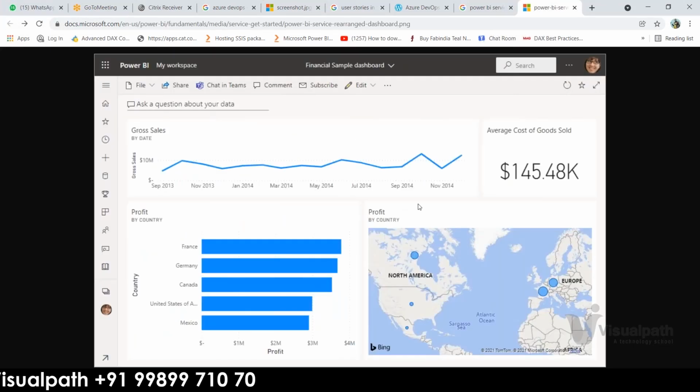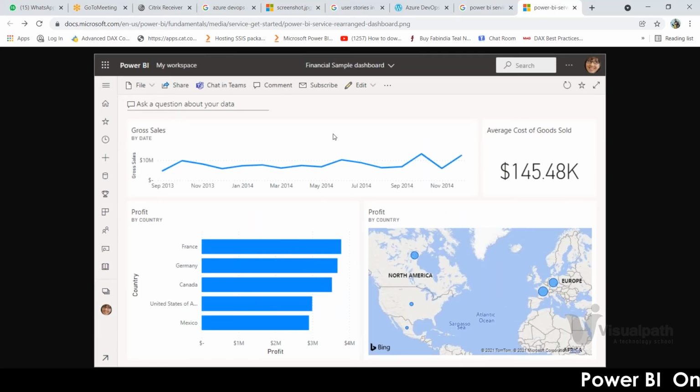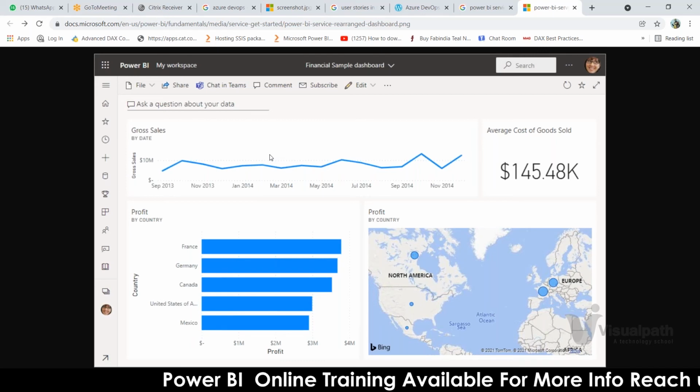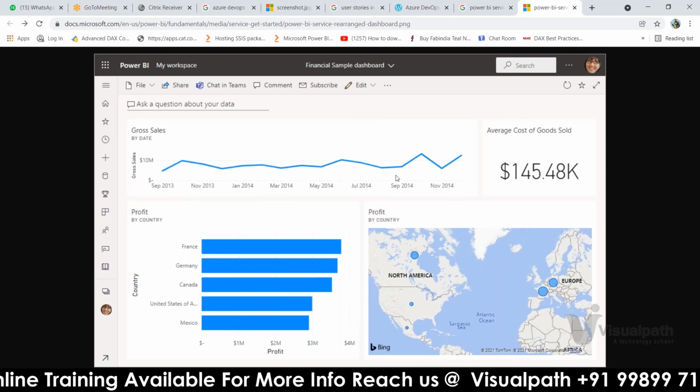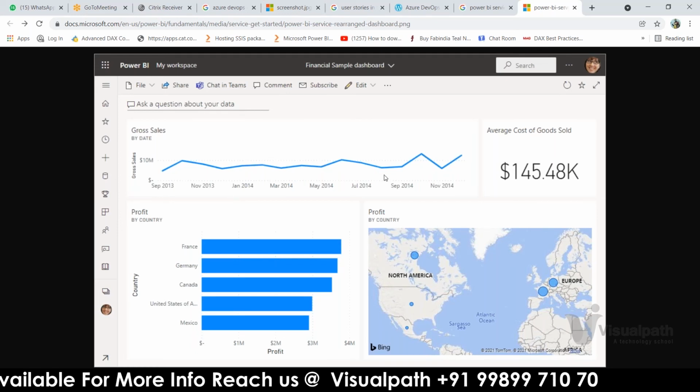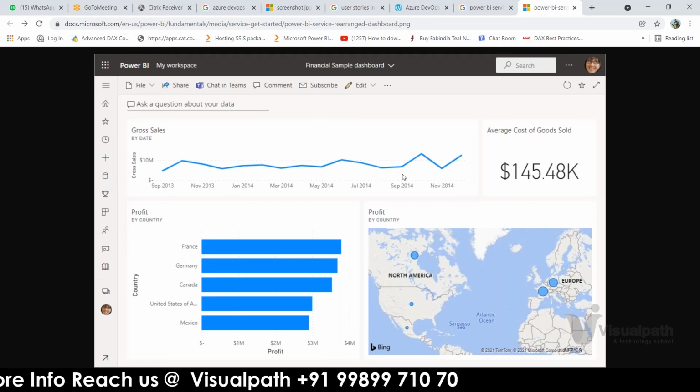So this is my dashboard, Manindra. I have developed this dashboard, right? Now I have given this dashboard to my user. My user is checking this dashboard, using it and taking decisions accordingly. And now every day, business will run and new data will be generated. New sales will happen. New customers will be coming in.